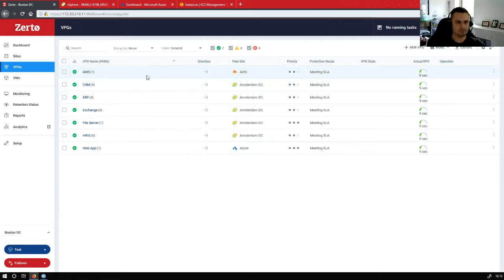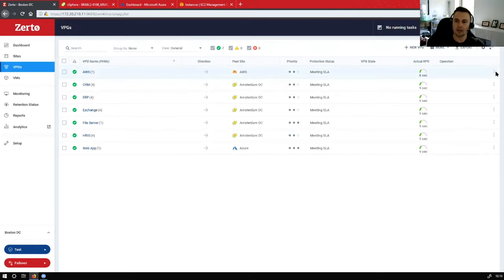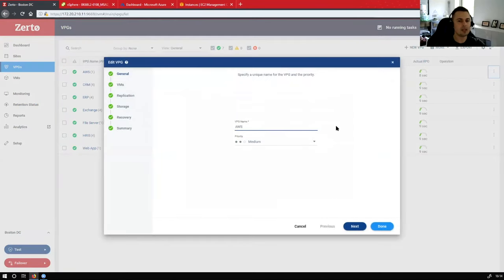All right. So virtual protection groups, like a workload, can have many different machines and things in it, resources in it, and you're going to protect them as a set. Yeah, it's a consistency grouping, so we ensure consistency across all of the VMs within that virtual protection group, correct? Okay, great. So if we start with our AWS virtual protection group, and if I edit this VPG, essentially